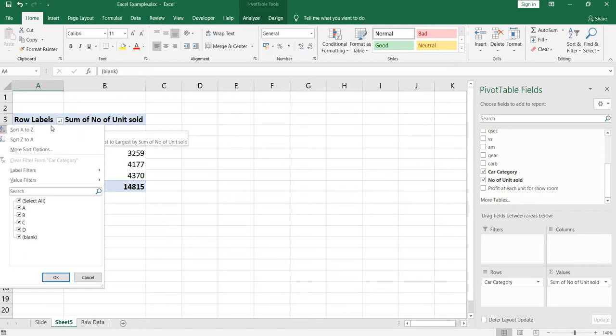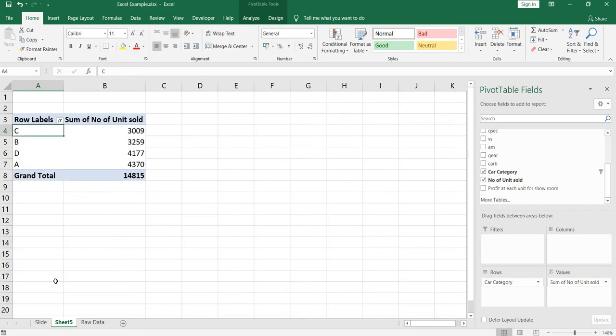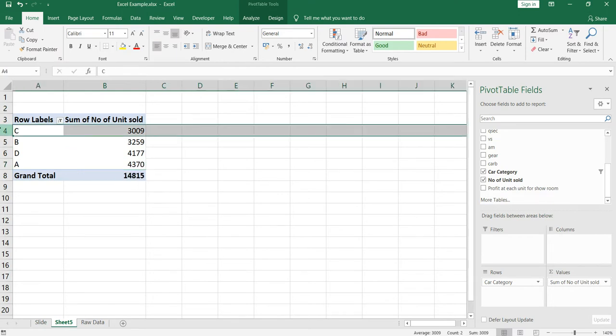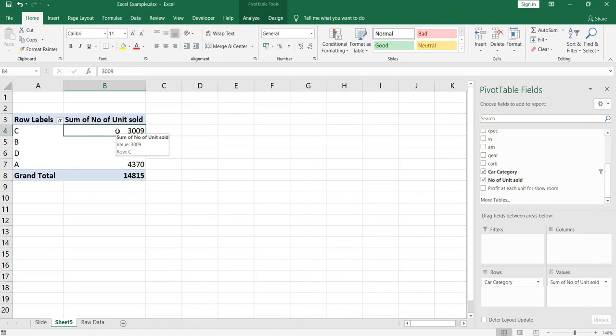I'll unselect this blank, then click OK. So now blank won't be appearing here. Now I know that car category C has been the least sold category. So this was the answer to our question.